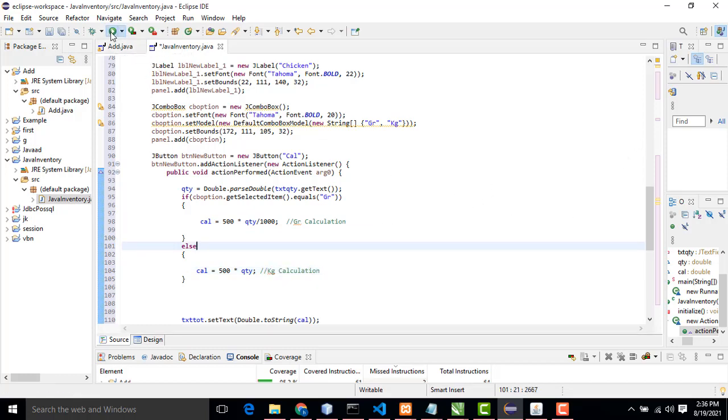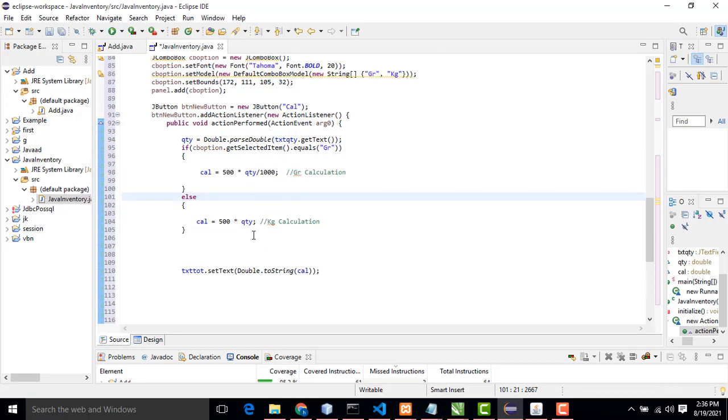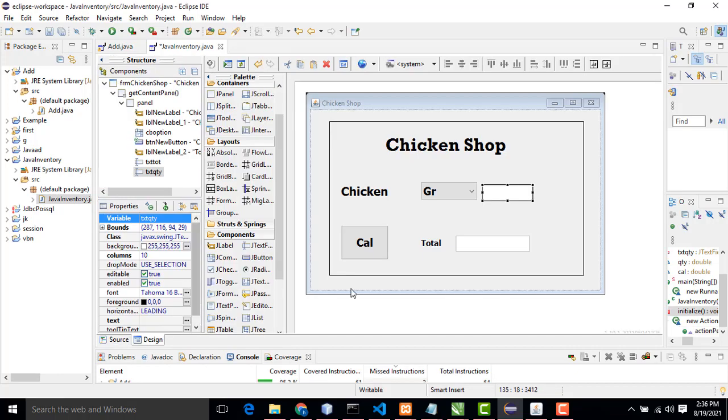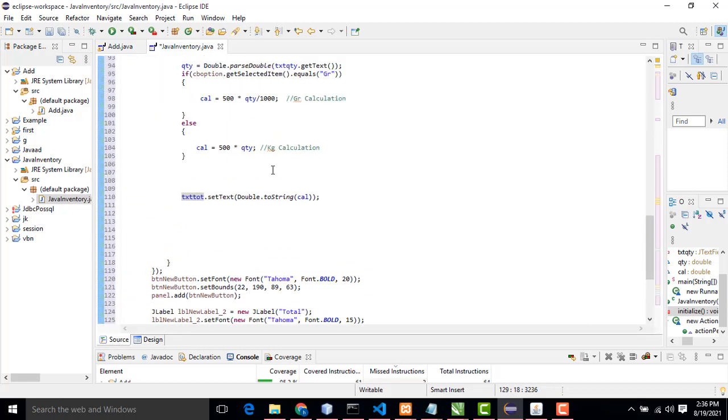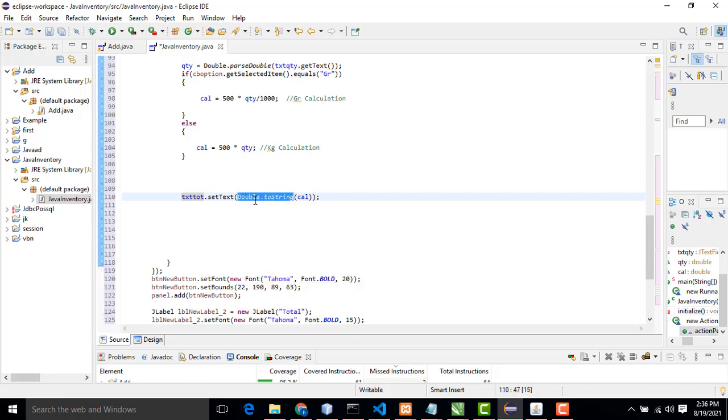So let me execute the program and check. After that, it will calculate everything and display it on this text box, txt total. When you get the result, it will be a double, so you have to convert it using the toString method.